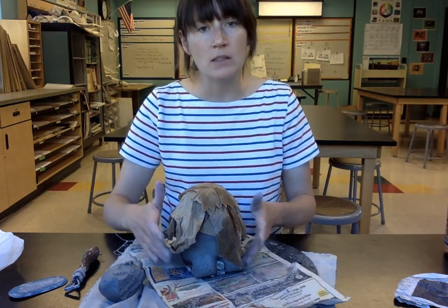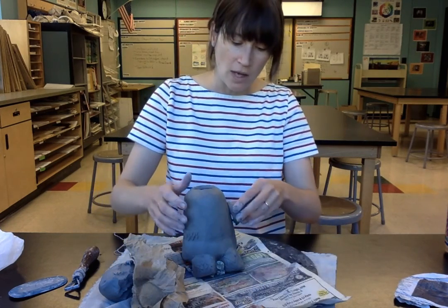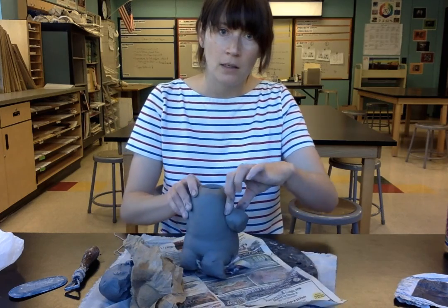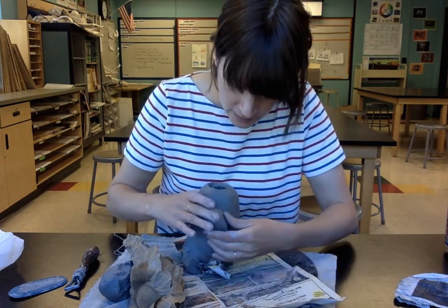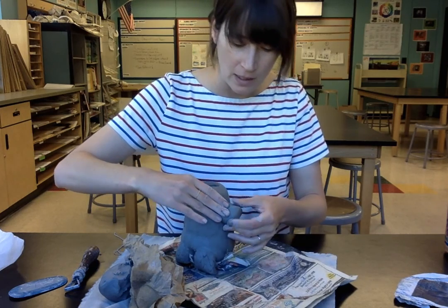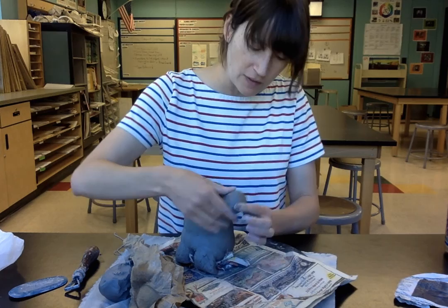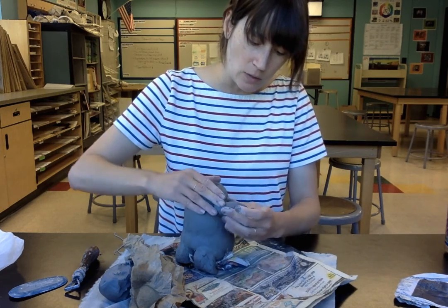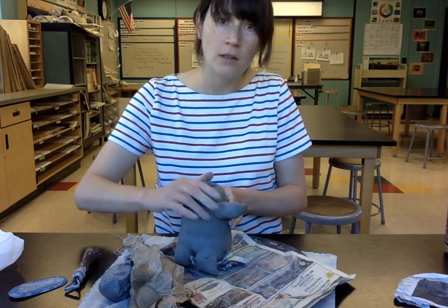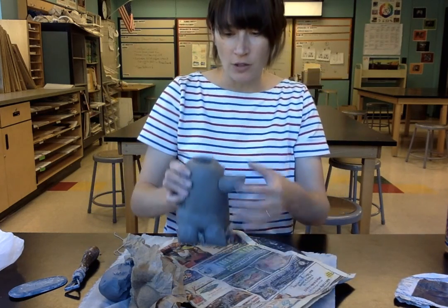So you could add anything this way. You could add feet, you could add fins. If you were to add a fin, like up here for instance, and you wanted it to look like he was swimming or almost like this was a wing flapping, you could do that. You just have to score and slip it. If you started feeling like something like this was going to fall off, let's say you attached this and you were afraid it was going to fall off, after you score and slip it,